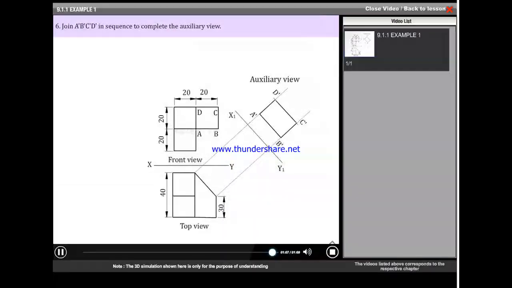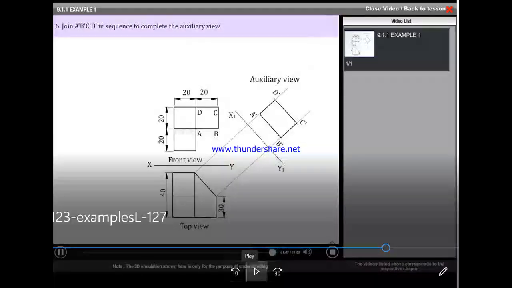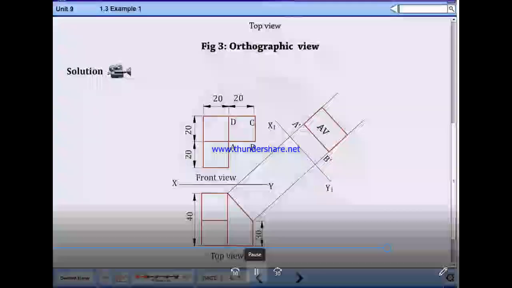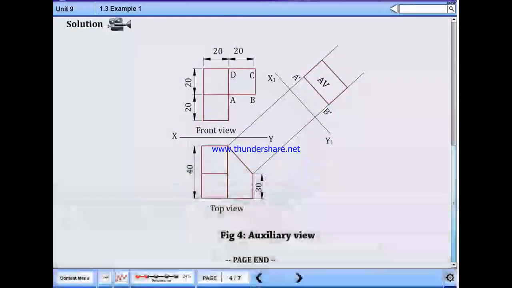Note down the complete auxiliary view of the given example 1. Note down the auxiliary view.